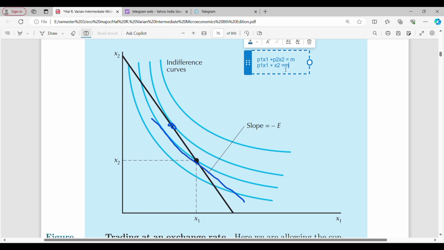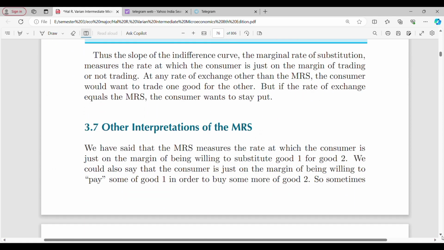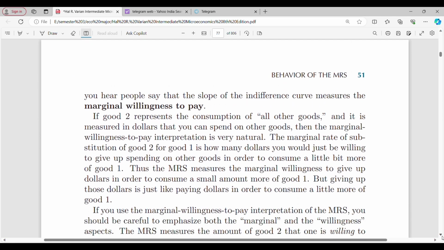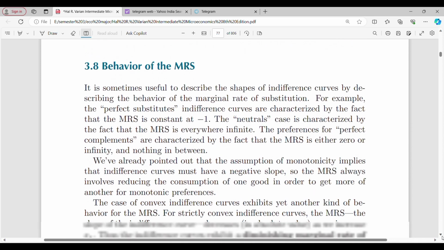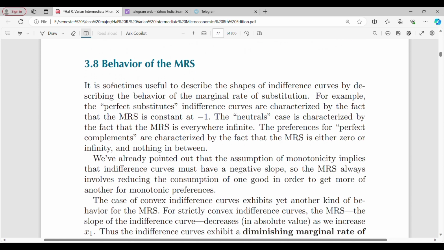Next, if we speak of the behavior of MRS, we have almost covered this chapter. In the other interpretations we discussed all these parts, and next is the behavior of the MRS. So for perfect substitutes, indifference curves